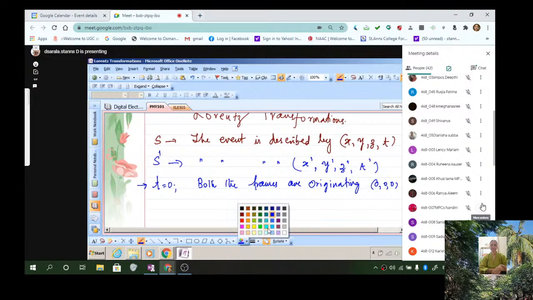When both the frames are starting from the origin, after t seconds are elapsed, the distance travelled is equal to,